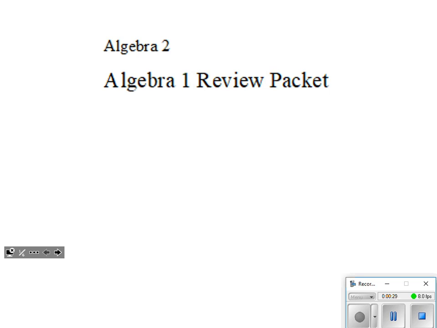And it's not terribly long. There's not a lot of skills. Again, we've only spent 3 days reviewing this stuff, most of it dealing with linear and absolute value functions. This is just an opportunity, as you've been reviewing, to go back and check your process on some of these problems. So I hope you find this informative.